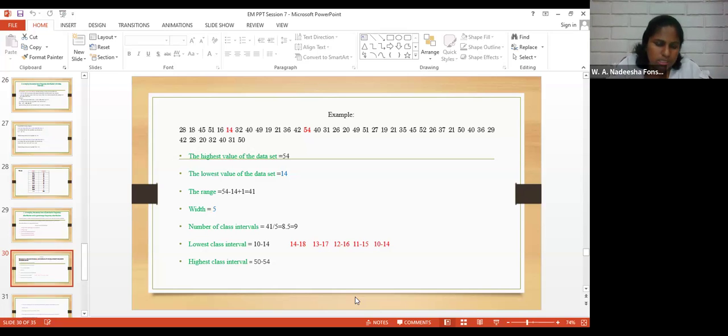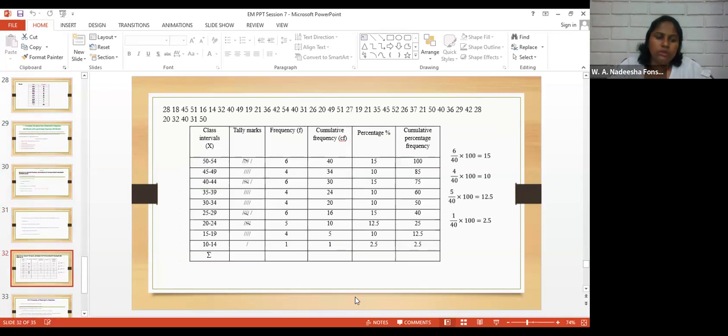So by using these steps, we finally discussed this table. If you are given a question with class intervals, step by step, you first have to decide according to the given data set what you should do. Is it with class intervals or only using the frequency? You have to decide according to the range and all those things. Then, if you decide to do it using class intervals,